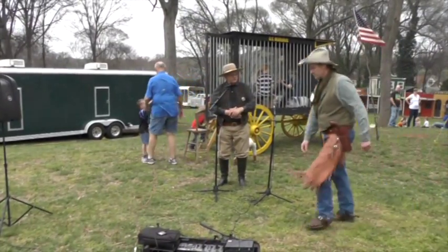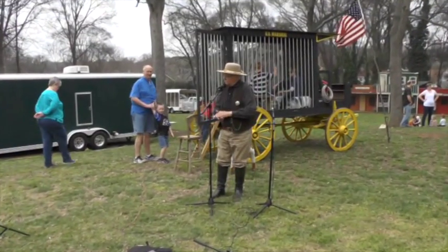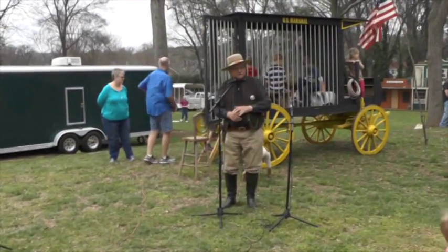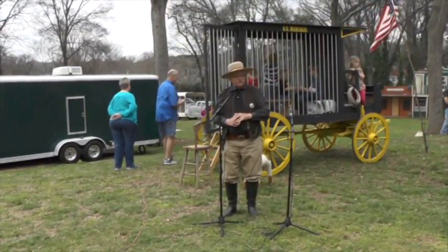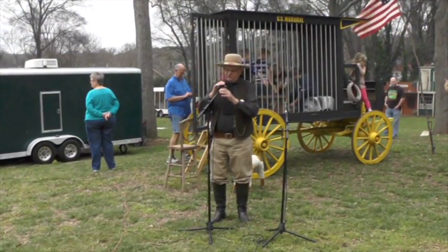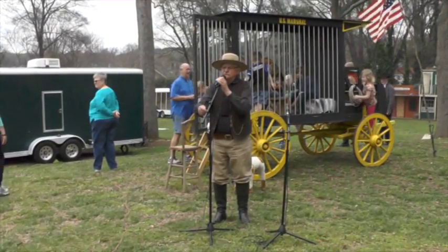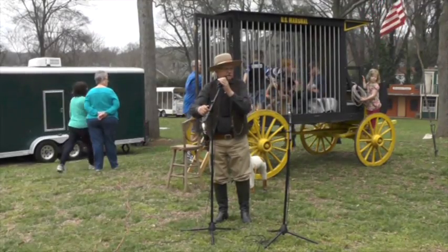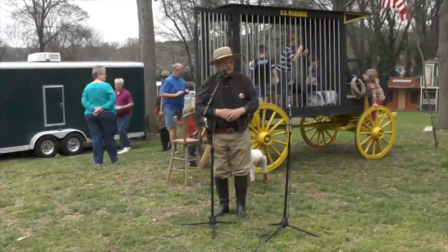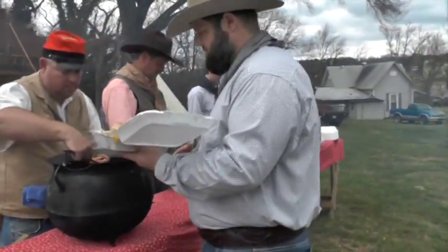For those of you that have no familiarity with the Old West, the chuck wagon goes back a long ways. Now, many people believe that the chuck wagon was first invented by Charles Goodnight. We certainly know that wagons were used to feed men of the West long before Charles Goodnight developed the wagon that he used, but it may very well be true that he was one of the very first to think of the idea of taking an army wagon, because it had a good strong undercarriage, and building on the back end of it a kitchen cupboard. And what he did is he hired a carpenter